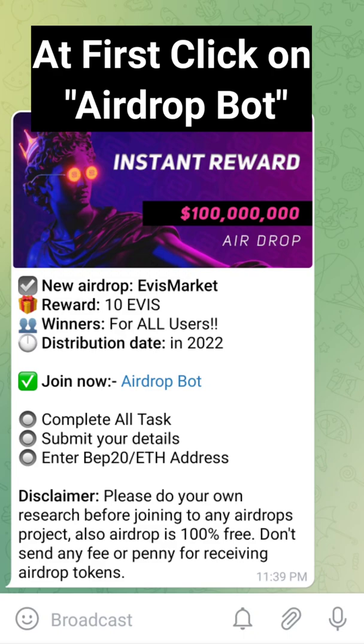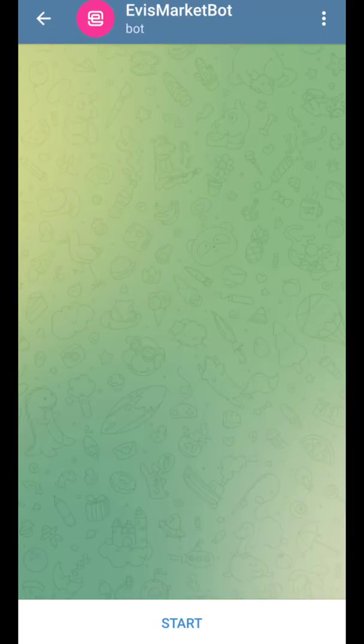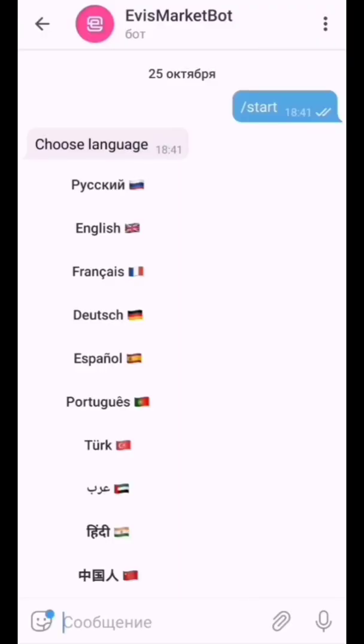Hello everyone, I decided to show you how to do tasks in our bot because many of you have problems with it. So the first step is we log in to our bot, then we choose language,